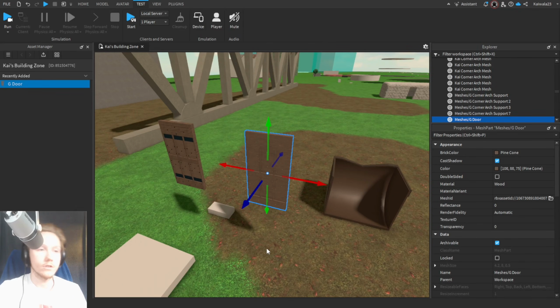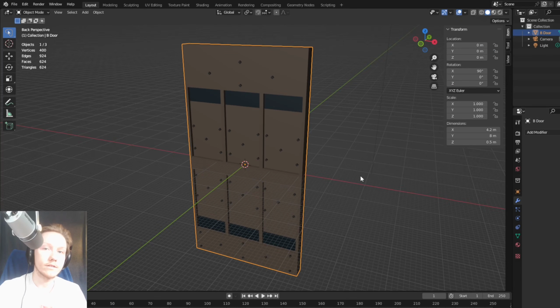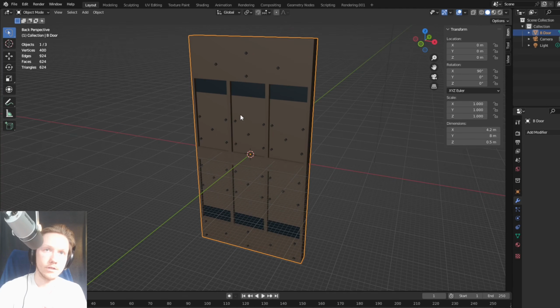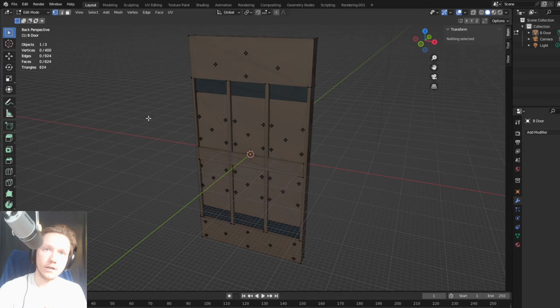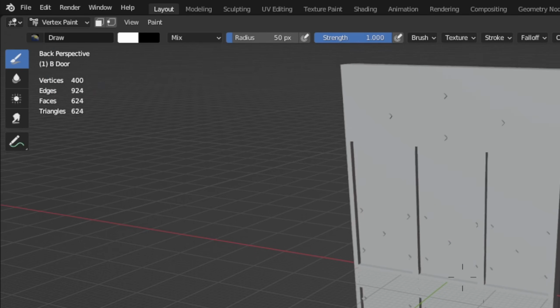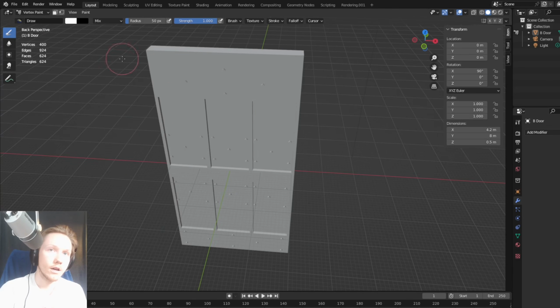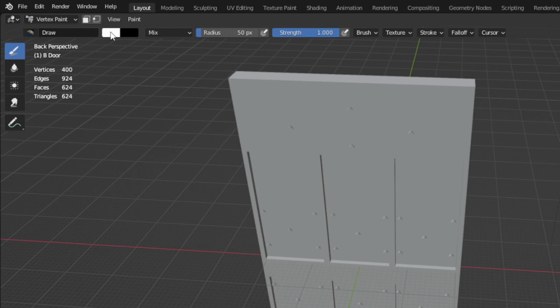Well, there is a solution to this. If we go back to Blender, we can actually paint the colors into the model directly. How do we do that? So what you want to do is, in this top left thing here, we've been swapping between object mode and edit mode all day, but let's try and change it to vertex paint. All of a sudden you'll see what the final export colors actually look like, and we can actually paint on this. So if I grab this and change it to, I don't know, green,